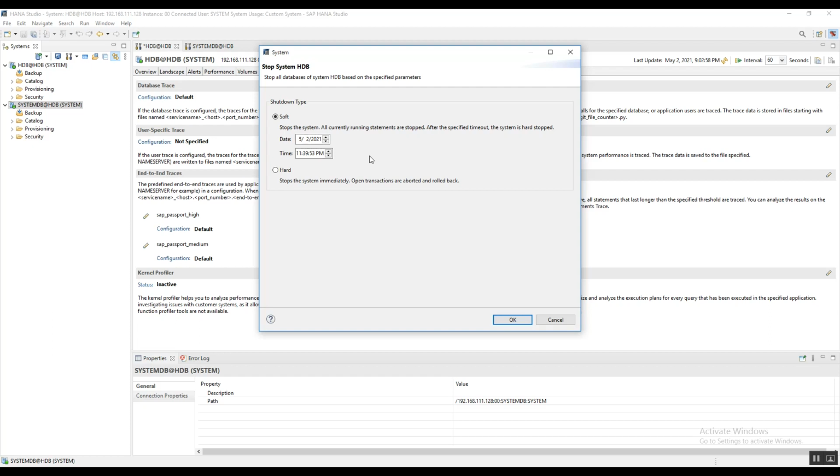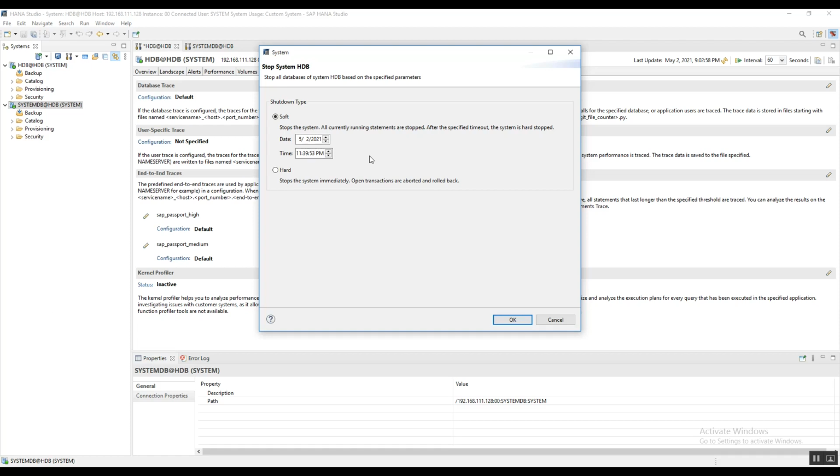In a practical situation, we never go for the hard shutdown, because in a hard shutdown the system stops the running transactions, but it can't kill the processes. Sometimes we need to kill unresponsive processes.